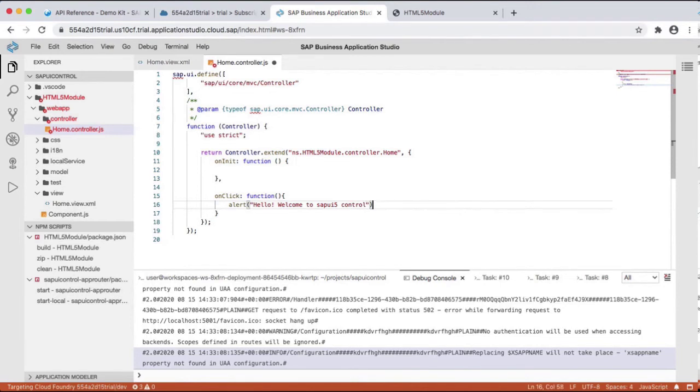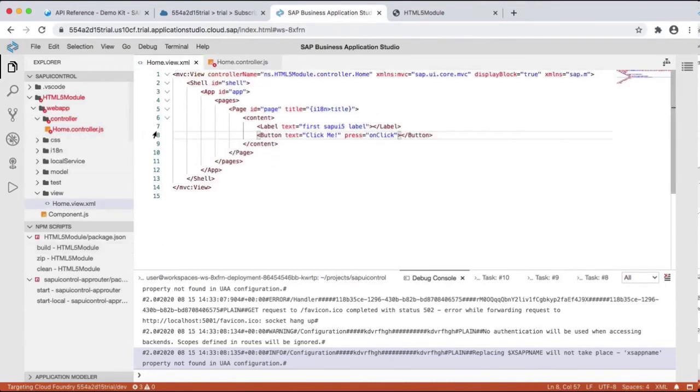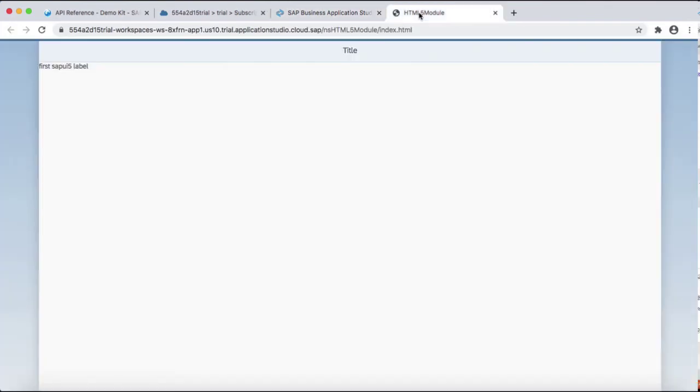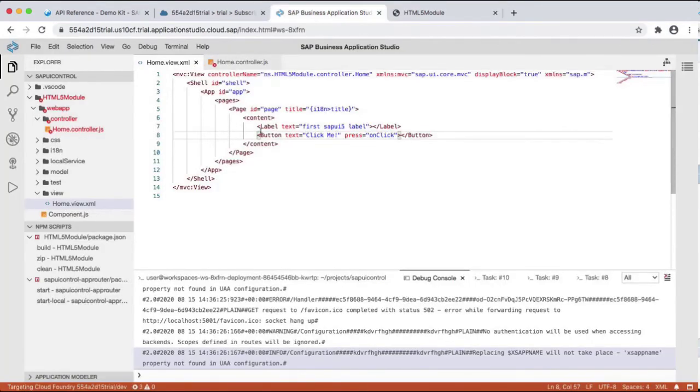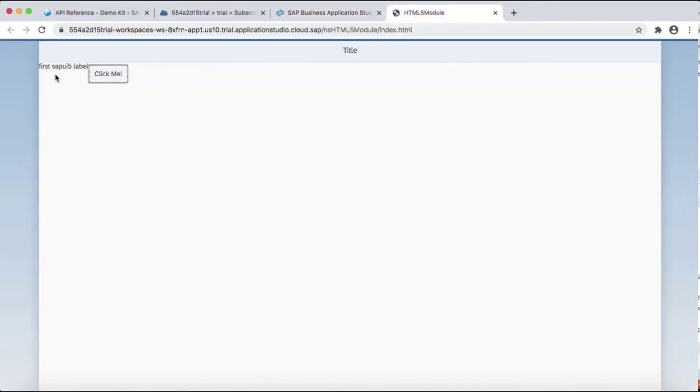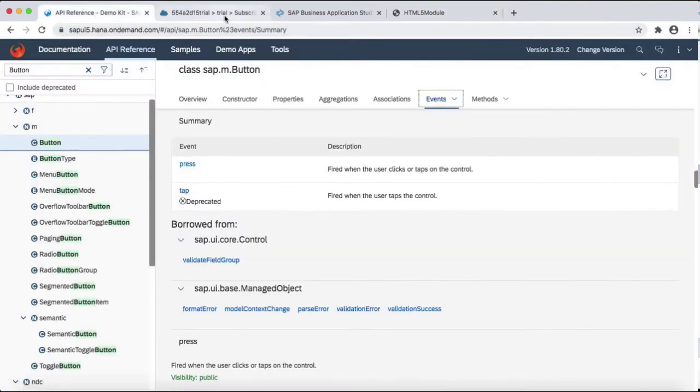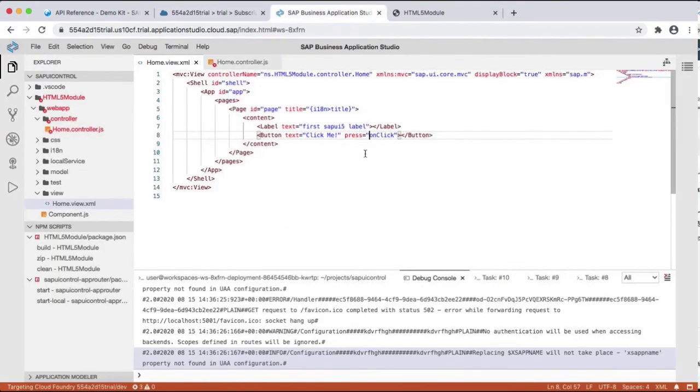So I have put an alert on the click of this button, on the press of this button basically, and I'll save it. And again, I'll go here to the application and refresh it. Now if you see our home view, it contains two controls, label and button. So we have a label with a text and a button, and on click of this button we have written a press event, which is calling this function on click, and